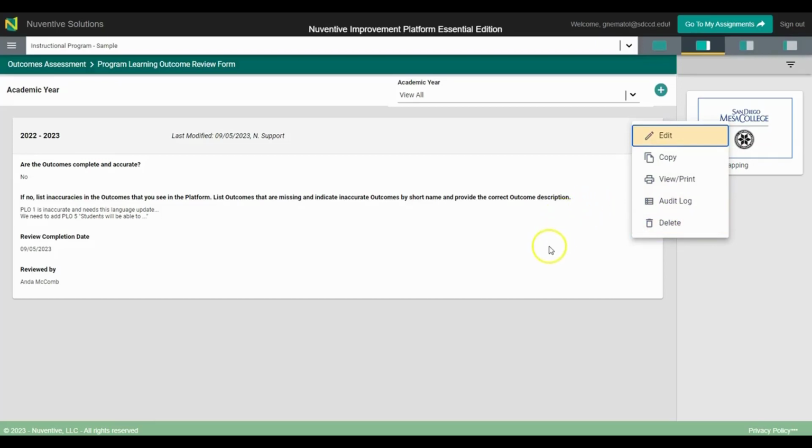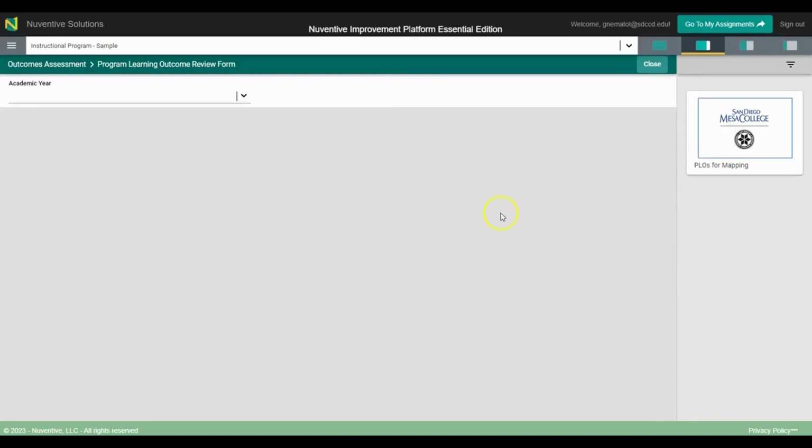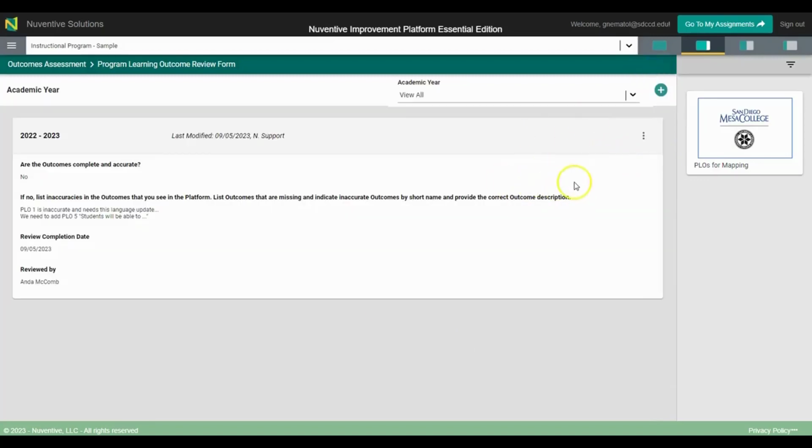Make sure that you don't delete unless you're 100% sure, because deleting it will permanently delete that card. If you make any changes, please make sure to save before navigating out of that section. To add a new card, use this green plus sign here to add and enter the information, and then save and close.